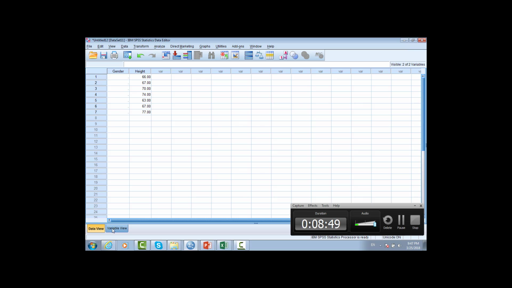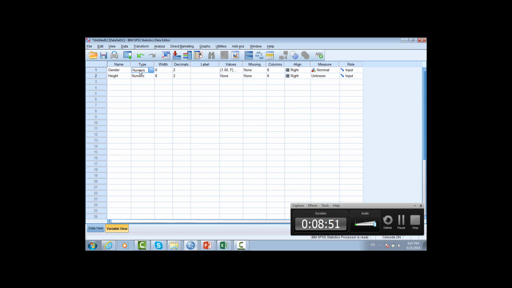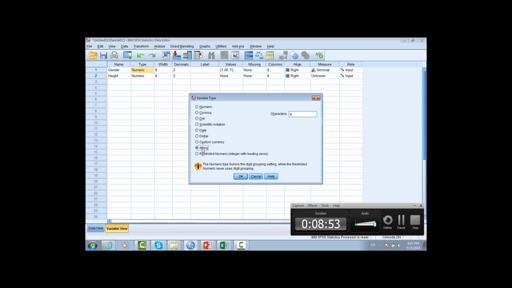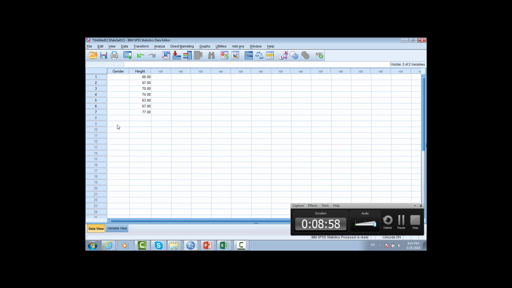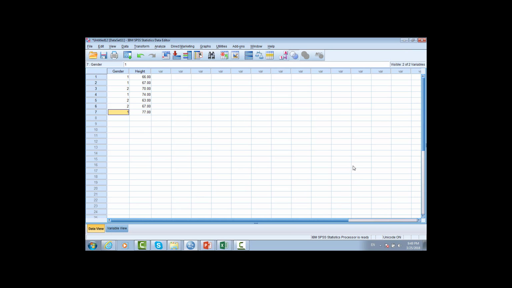Now numerical string, okay, gender, okay. Now we type the data, gender 1, 2. If we click here, we can see male, female, female, male, female, male, male, and female. Then we can now draw the